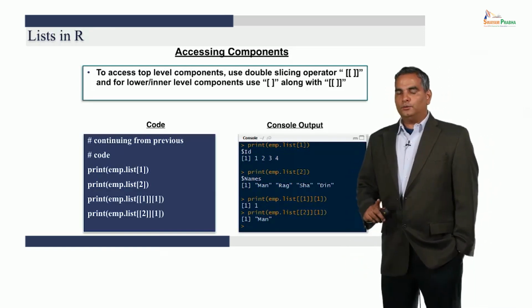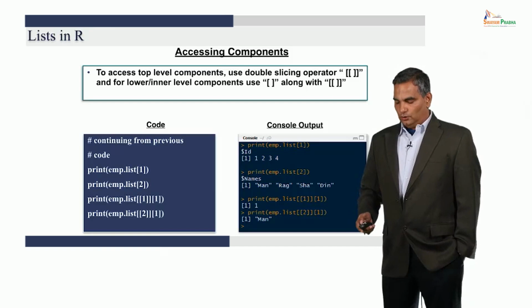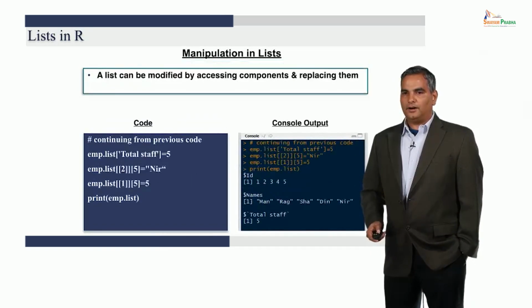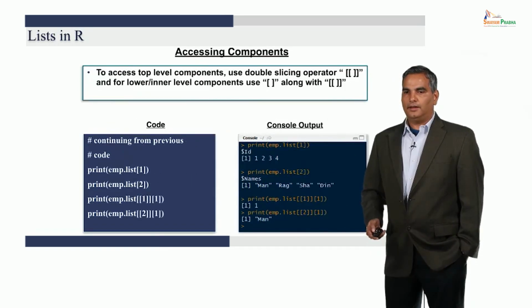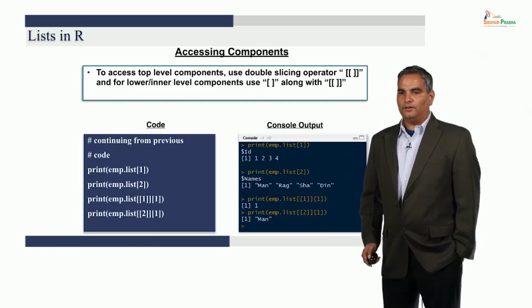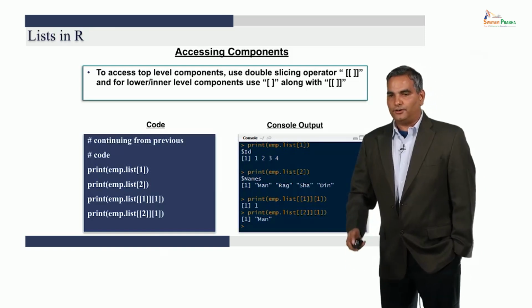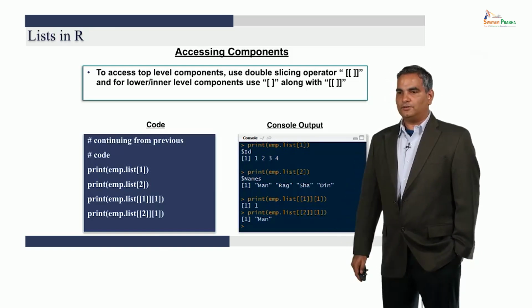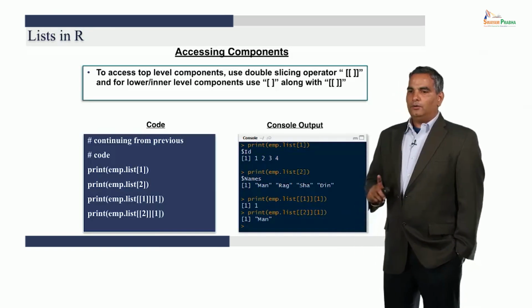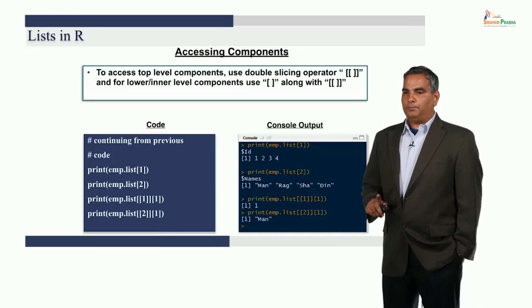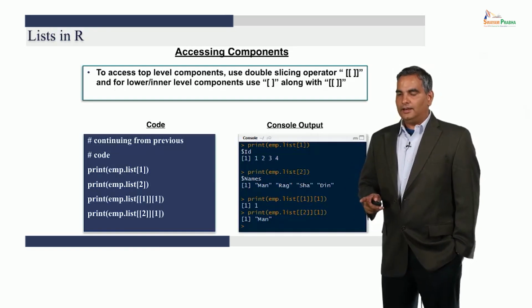So if you want to identify only one object, you could use this command here, print emp.list[1], which basically gives you 1, 2, 3, 4, the 4 integers that we had defined before. And for example, if you did 2, it gives you the 4 names that you have defined before. Now, if you really wanted to pick out the 1 among the integers 1, 2, 3, 4, then that is 2-level access of the list,